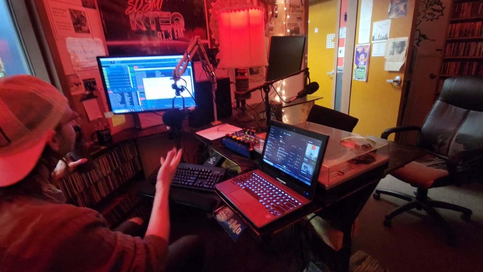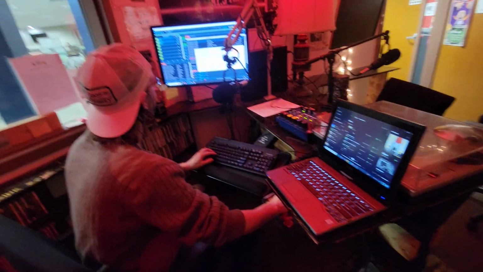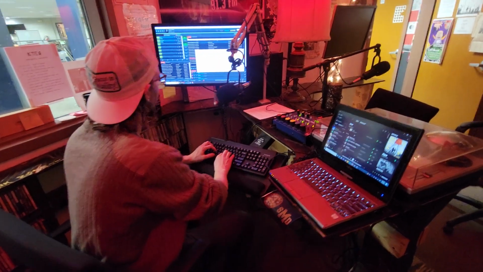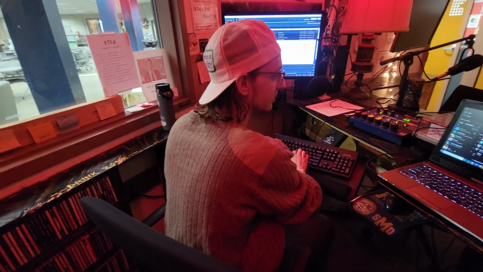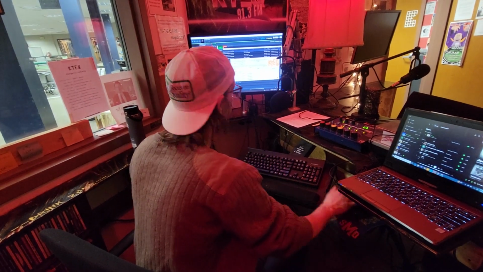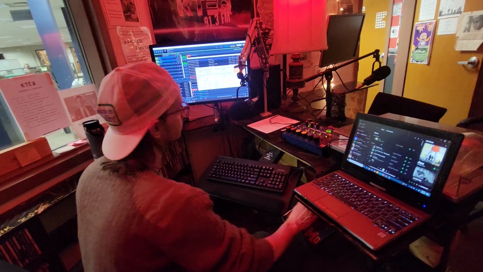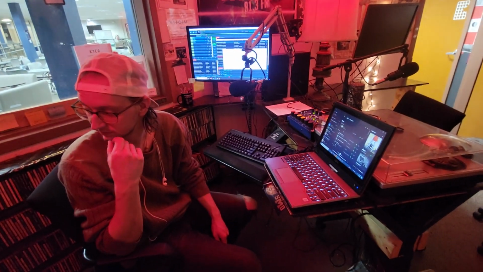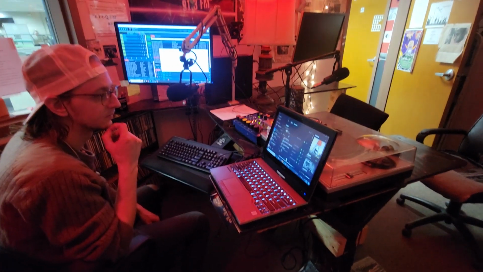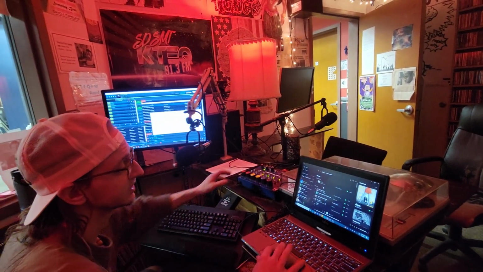What happened to the CD thing? It's still just dead. It's swallowed one, and we can't get it out. That's a really expensive CD player, so I'm nervous about trying to mess with it. Maybe at some point we'll figure it out. I was going through a phase last year trying to listen to a bunch of them. I found a few gems. There are some good ones in the stacks.